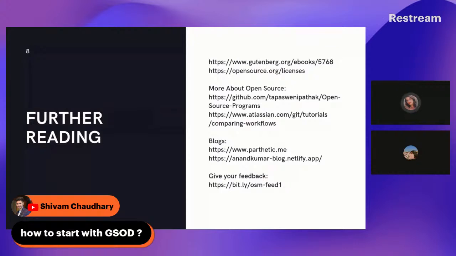Start with GSoD. So how can you start with GSoD? I will tell you my experience. What I did was one of my college mates guided me with how to approach GSoD. Particularly talking about my organization, MicroPython, I had some knowledge about microcontrollers and stuff, so I thought that it would be a good organization. What I did was that I went through their proposal, what all they wanted to do. Then I went through their GitHub page and opened the